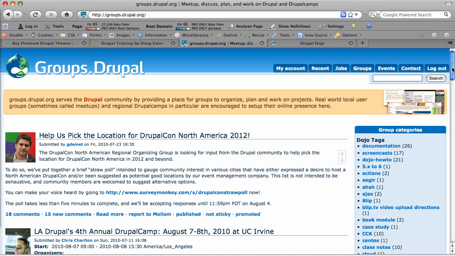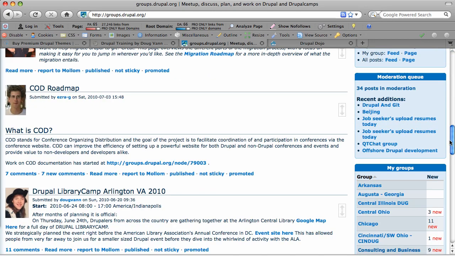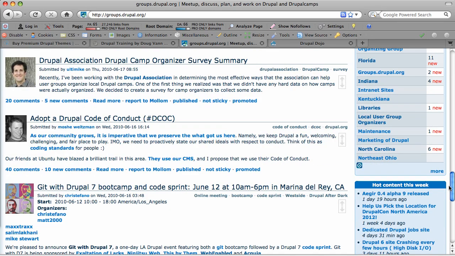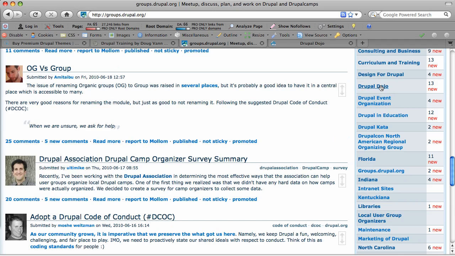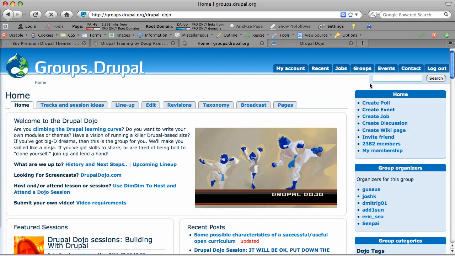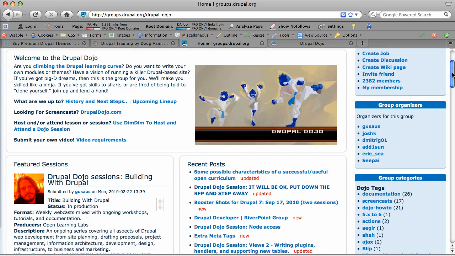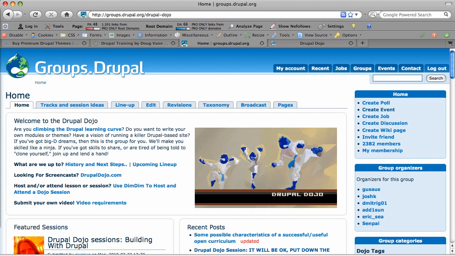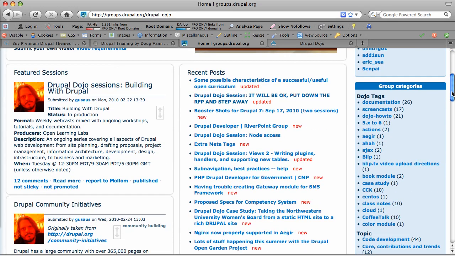But anyhow, get your account up here. The point I wanted to make at groups.drupal.org, and here are all the groups I belong to. Too many. I can't keep track of them all. There is one called the Drupal Dojo. And that's where we get ourselves organized and see what's going on. And we do our best to present the information in the most meaningful, navigable way. And so I hope that works out for you. But there's some basic information here about the Drupal Dojo. And there's Gus Oss, our fearless leader.